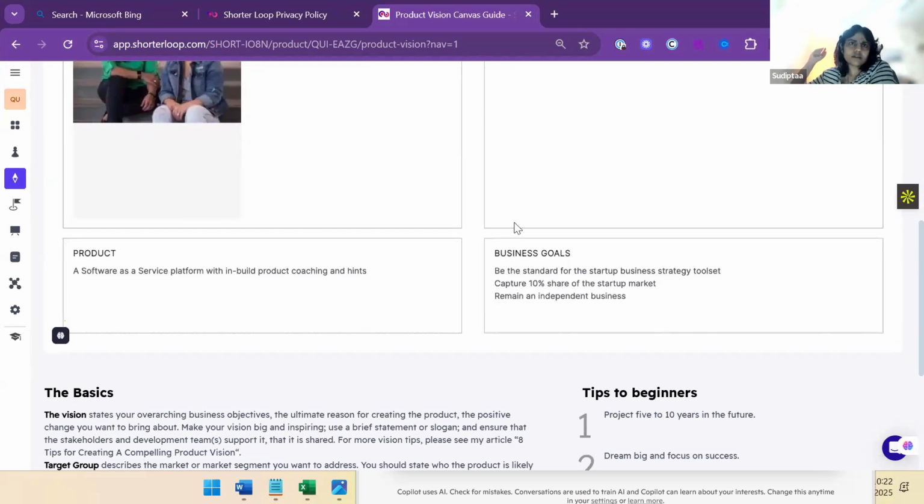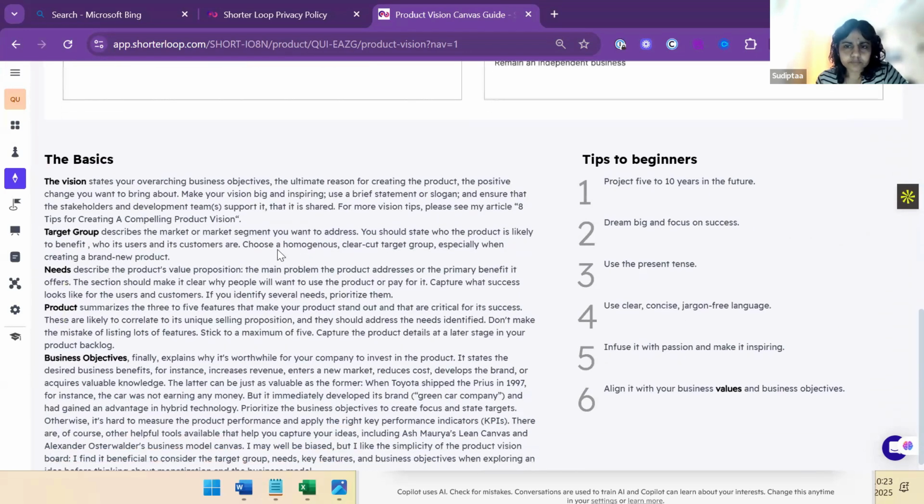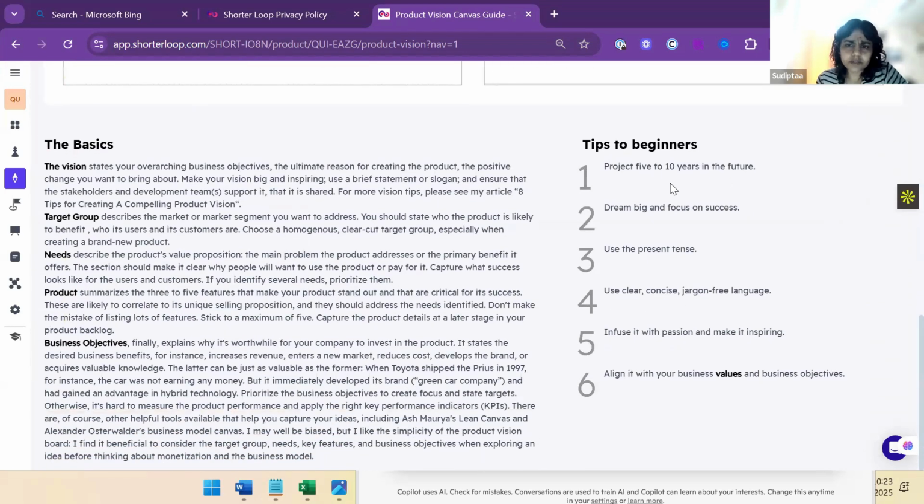A product manager is a data manager, always has to have metrics, and when talking about some assumption or goal, has to base it on that. And since you are a beginner, start your vision statement with what you are going to do from now to 5 years to 10 years.